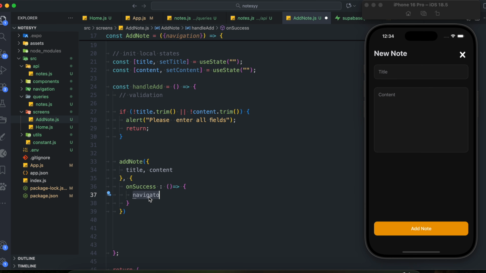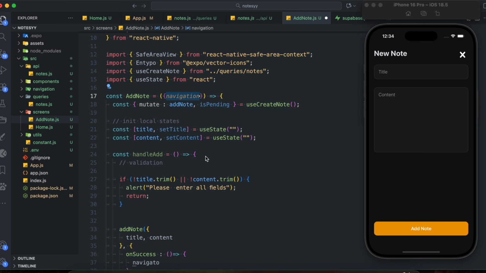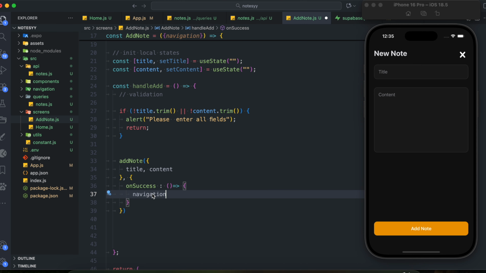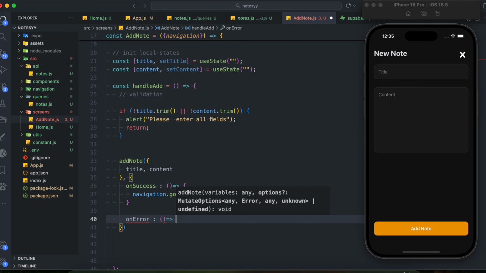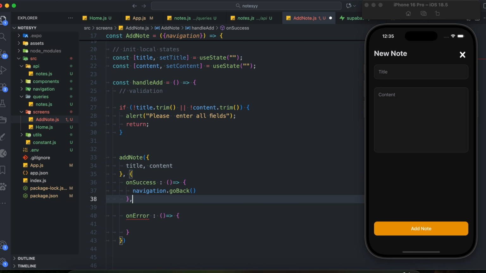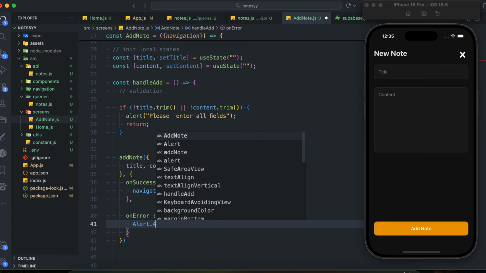Navigation, let me just copy paste it so that we don't make any typo. Navigation dot go back. So it will go back to the home screen because that was the previous screen from where it came from, right? And in case of error, okay, of course, I had missed this comma. So in case of error, what we should ideally do is show an alert,